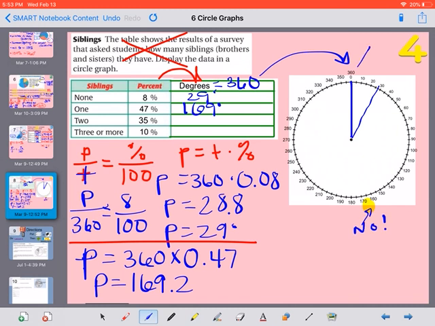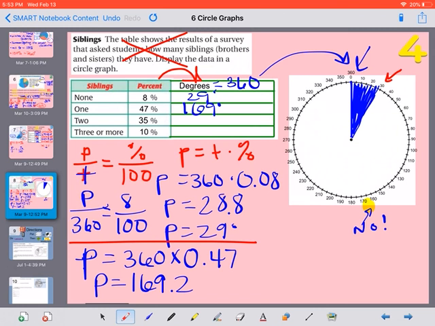Because that would be if we're starting from 0. Think about it this way. If these were 2 pieces of pizza and you're putting them in the box, this piece is already taken. You can't put another piece of pizza on top of that. We need to put our pieces next to each other.